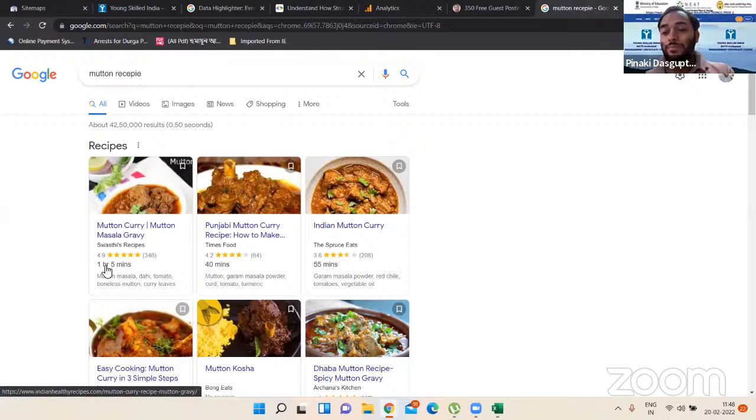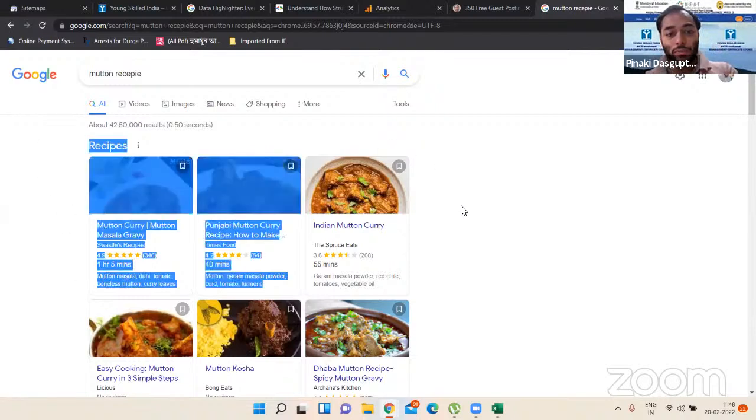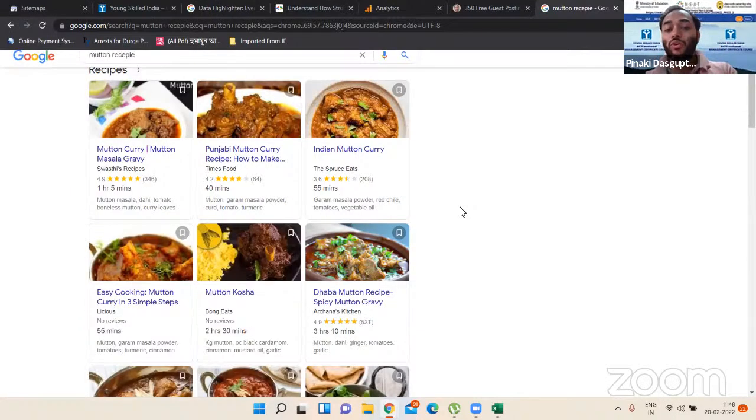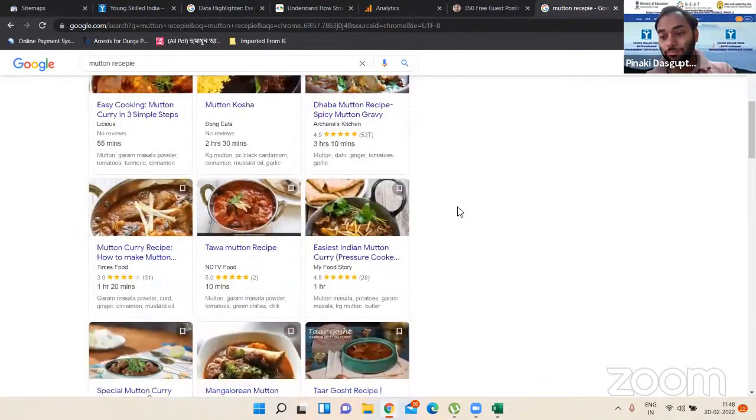What is the probable time to make this particular recipe? That is also mentioned. Even some of the ingredients of the recipe are shown in this place. So all the information that people are looking for is already here within the snippet. We call it a rich snippet. So all these things are mentioned in the snippet only. Once we see such results here, we will not go below to search further.